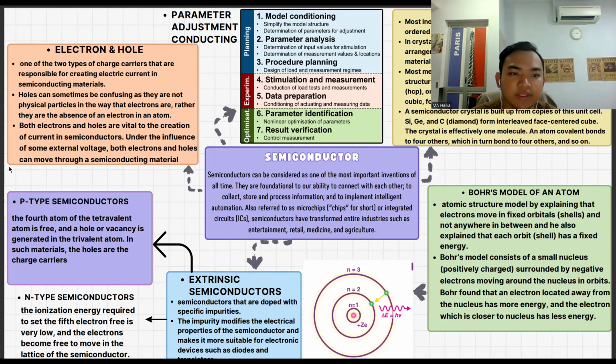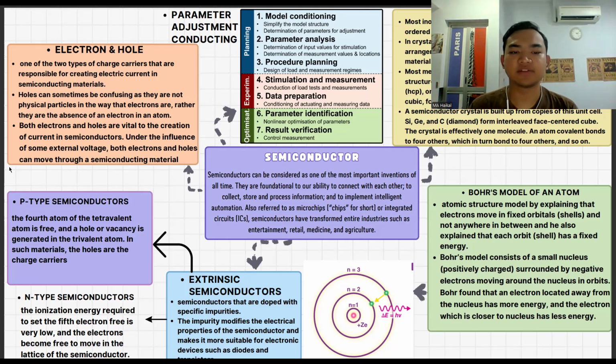Secondly, we go with parameter adjustment and conditioning. In the planning part, we have model conditioning. In model conditioning, we simplify the model structure and determine the parameters for adjustment. Second, we go with parameter analysis, determining the input values for stimulation, and the measurement values and locations. Number three, we go with procedure planning, the design of load and measurement